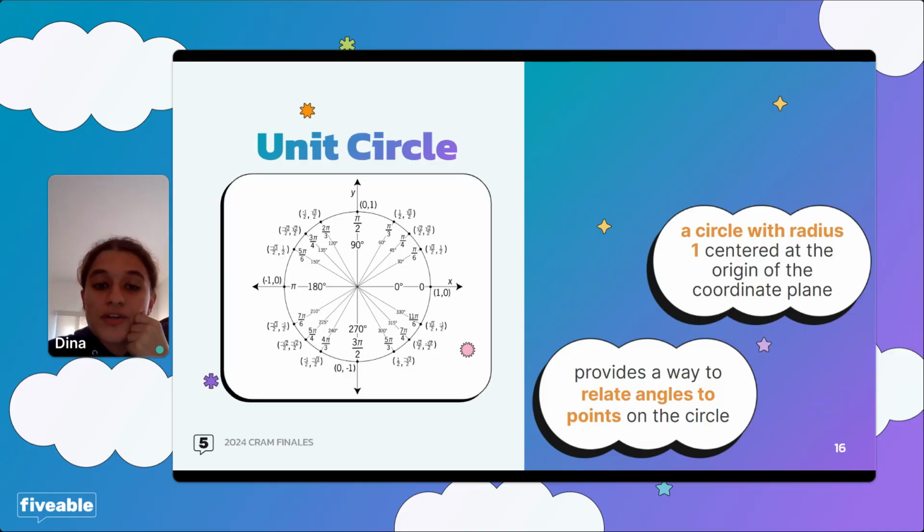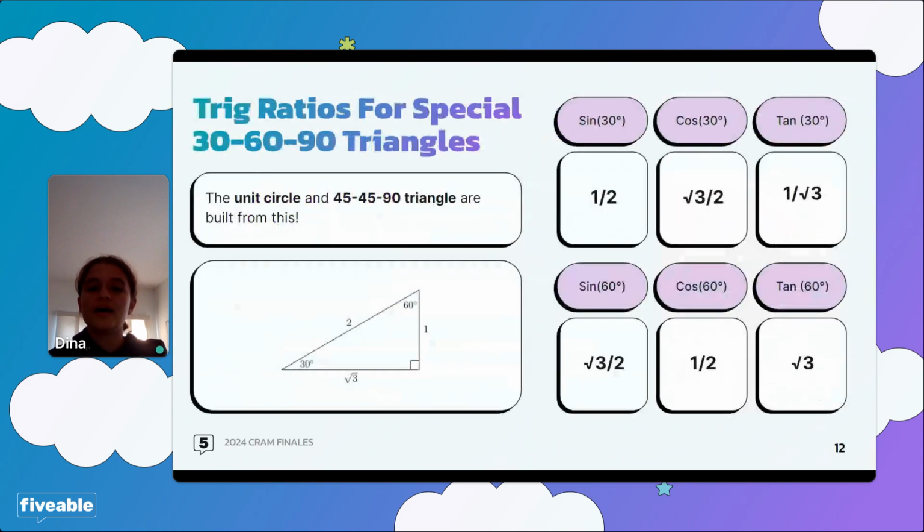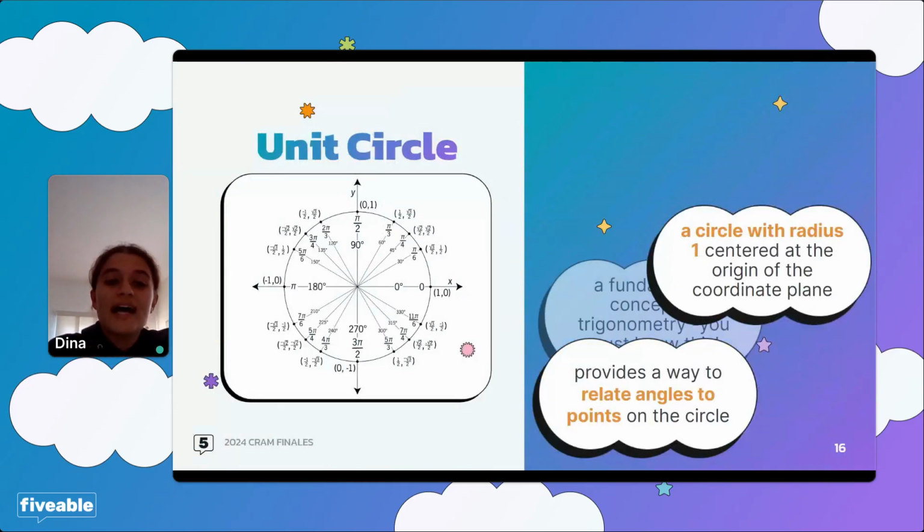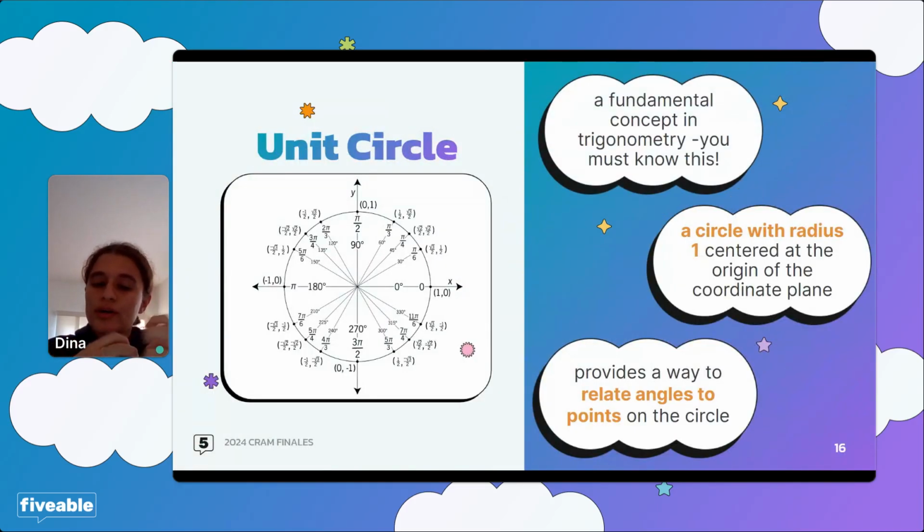So let's take pi over 6 as an example. We know that if we convert pi over 6 from radians to degrees, that's 30 degrees. And from previous slides, we know that the sine of 30 degrees is 1/2. And you can see that the y coordinate on that unit circle is also 1/2. So the sine and the y coordinate are coordinating there, and that also works for the x coordinate.